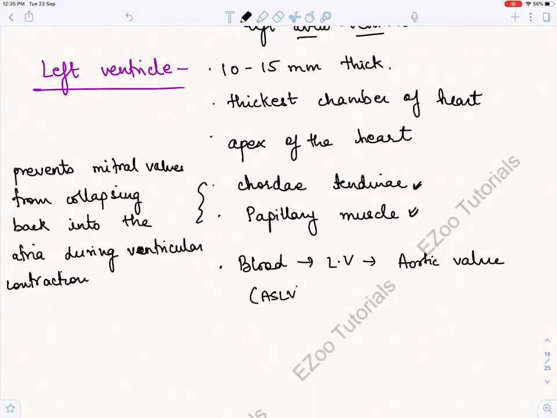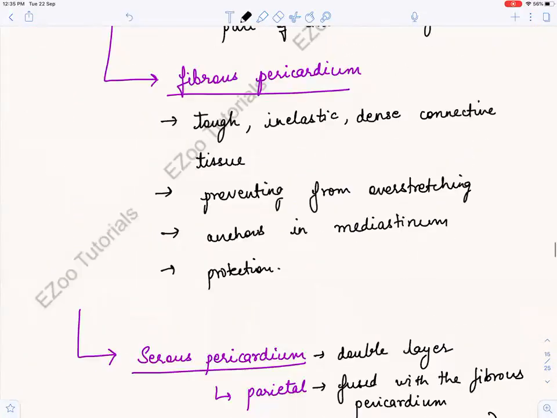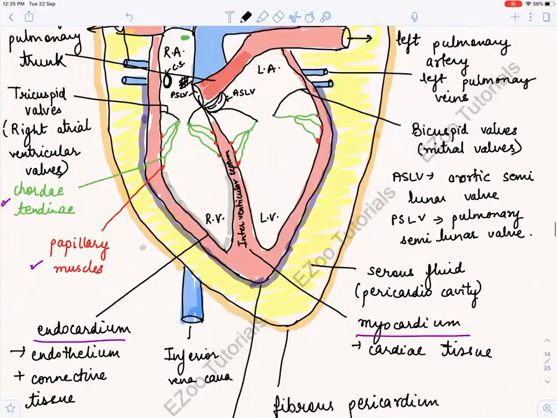एओर्टिक सेमीलूनर वाल्व भी कहा था। इनटू व्हाट? इनटू द असेंडिंग आयोटा। ठीक है, तो ये हो गया ब्लड लेफ्ट वेंट्रिकल से एओर्टिक वाल्व या एओर्टिक सेमीलूनर वाल्व के थ्रू असेंडिंग आयोटा में जा रहा है। लेट अस सी क्या बोला मैंने। यू कैन सी इट इन द डायग्राम ऑल्सो।